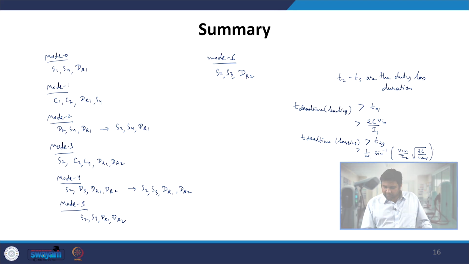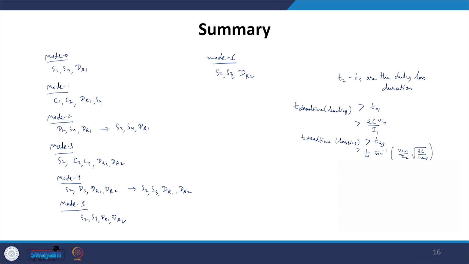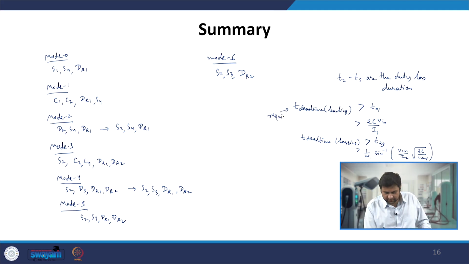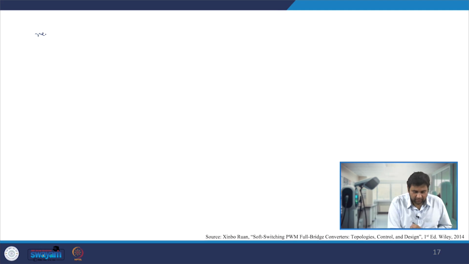And if we want to achieve this ZVS of the lagging switch, we have to provide some finite value of that time in the lagging switch, which is greater than T23. These are the required conditions, here and here. Now let us see what is a necessary condition. So the necessary condition for ZVS of, let us say, first we will define the leading leg.